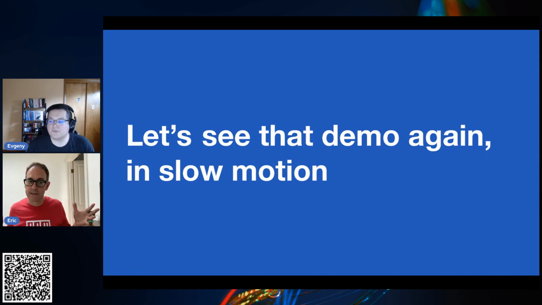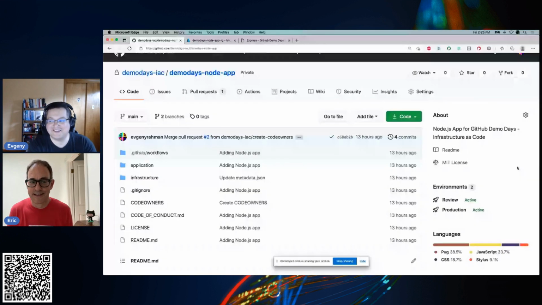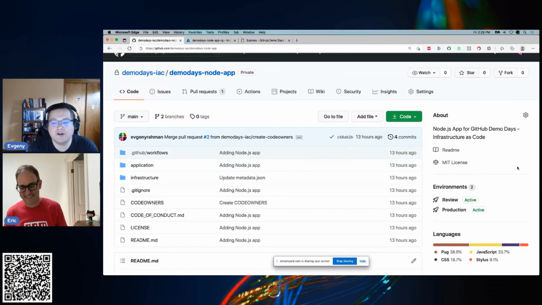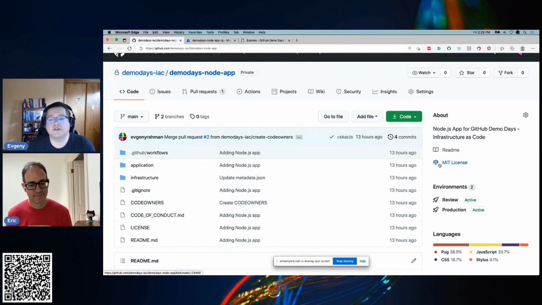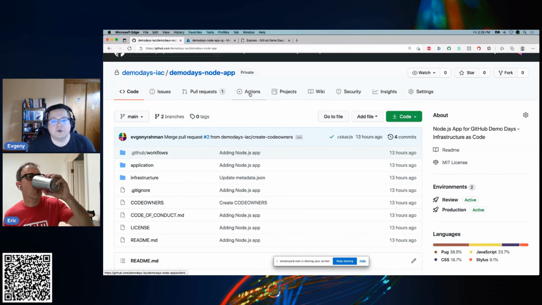All right, Evgeny, can we see how it really works? Okay, so we are going to take a look at what's already there first, because everything that I've shown you so far is actually built exactly the way I've described it. So we had actions that ran already, provisioned our production version of the infrastructure, and then we also had the actions run to deploy the Node.js application. So let's look a little bit in depth at those building blocks, moving pieces that we talked about, and how they do what they do.